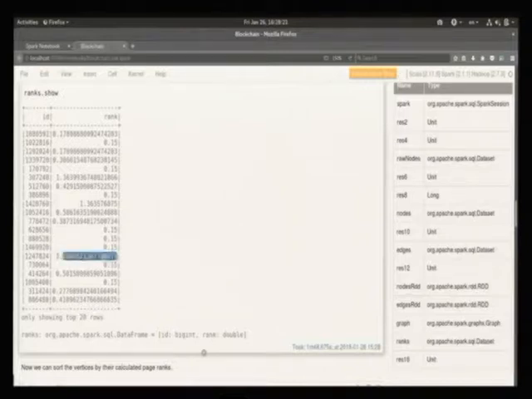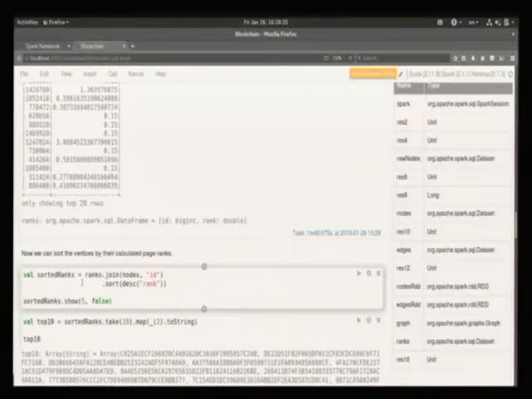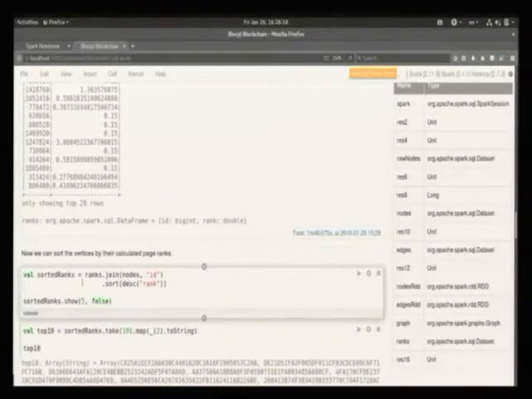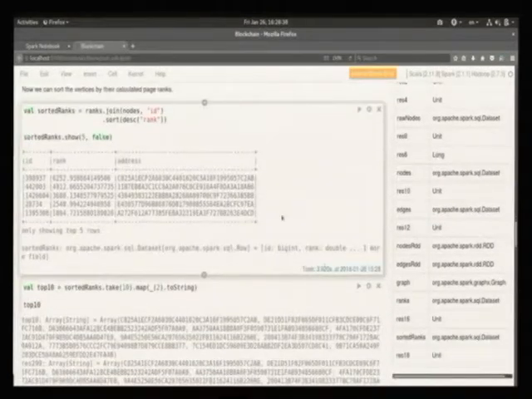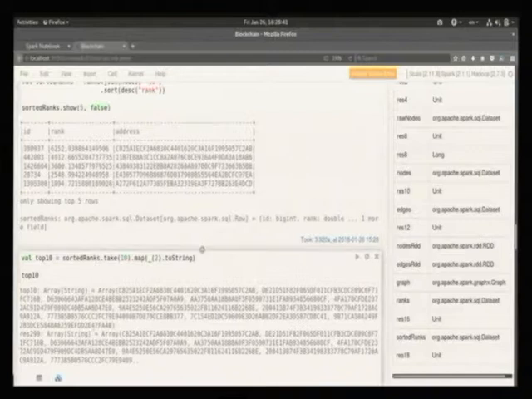But if you sum all the numbers and then normalize, it would be the same as the probabilities. But we don't need it. We just need to sort the vertices according to their ranks. And we can take the first 10